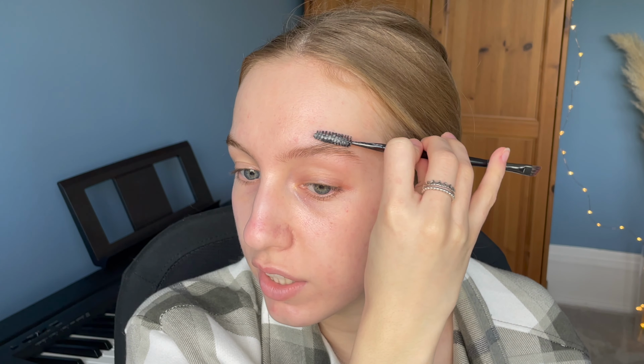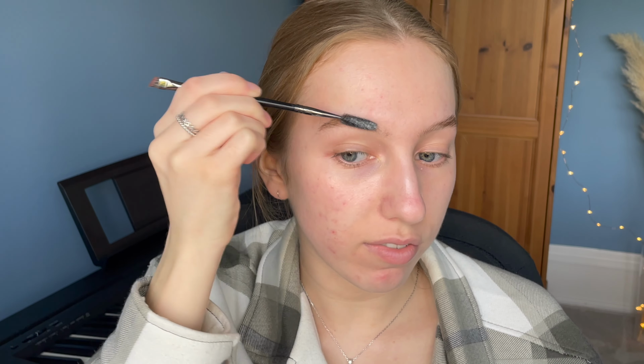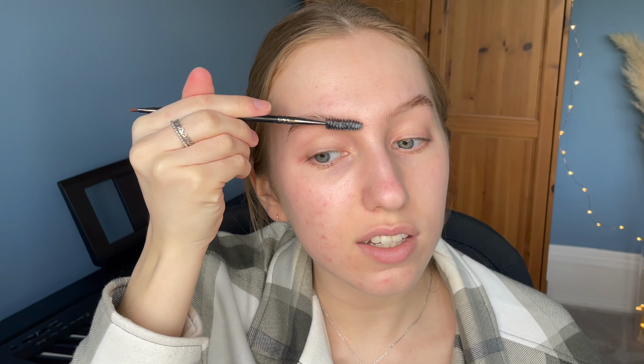I sort of like the effect soap brows give. I like the laminated look, but I'm very particular in how they're laminated. I don't like them to spike up too much, but I do think they look really neat when they're brushed out and laminated down. So I'm just gonna rough it around like this. So the soap then coats every hair. This can't be right. And I'm just gonna wipe off the excess